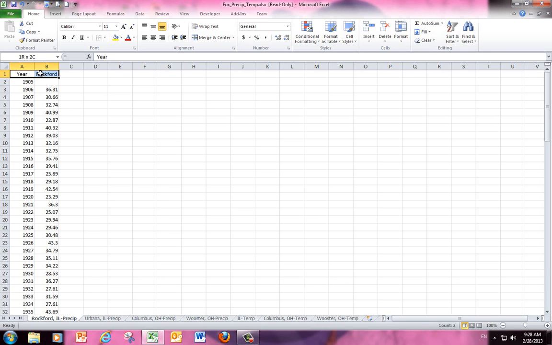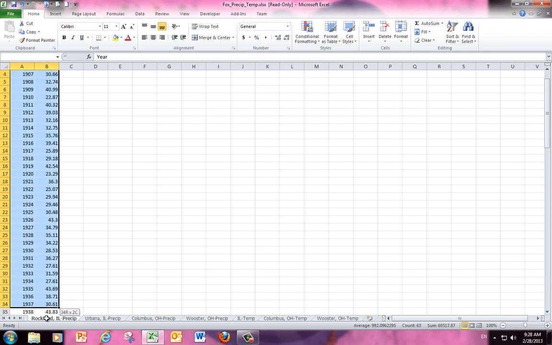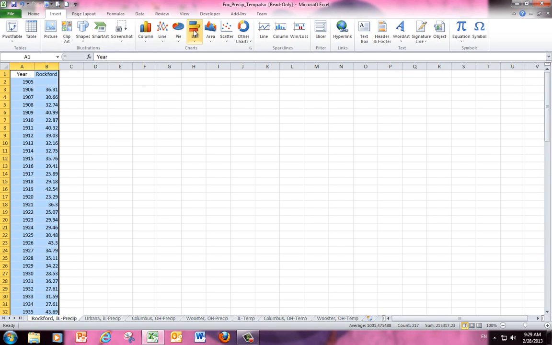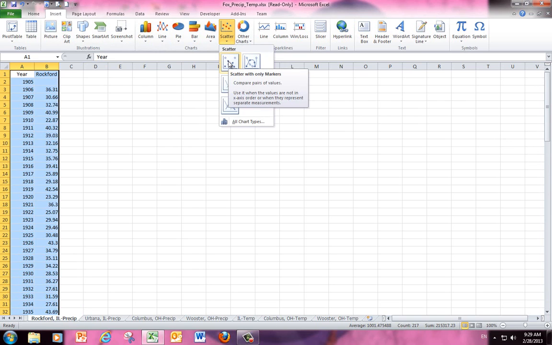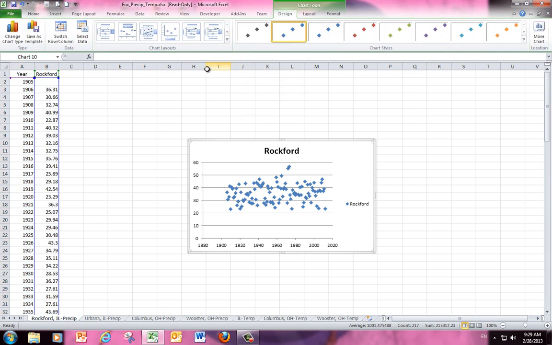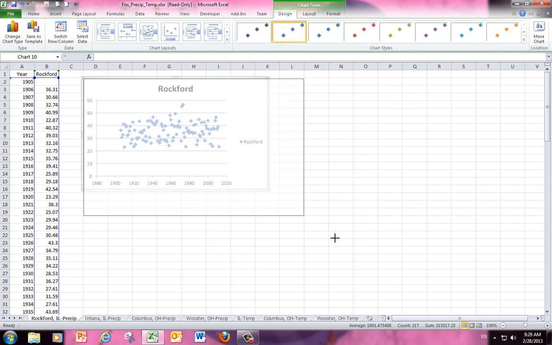So of course, you probably know you'll need to select all of the data, from 1905 through 2012. So I've selected all that data. I'm going to go to the top again, scroll up, and then insert scatter, and this is the style, the scatter with markers, that I'm going to create. And so I'm just going to move that up here,